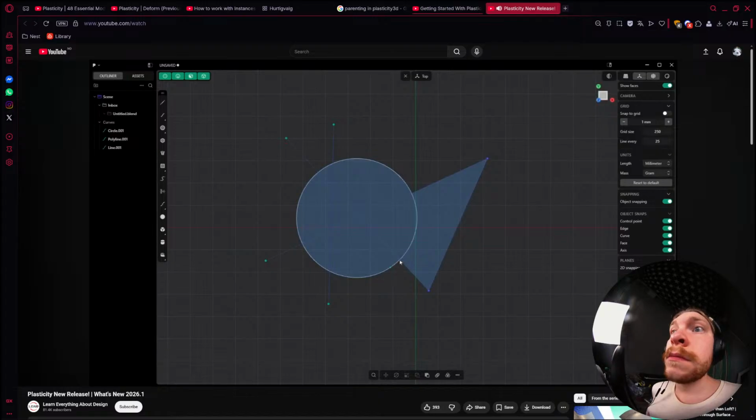I have not found a way to increase the size of that white dot. That would be really helpful if we can make that more than a pixel or whatever it is. But again, that's just a nice visual indicator that helps you see, okay, well, this curve isn't even on the